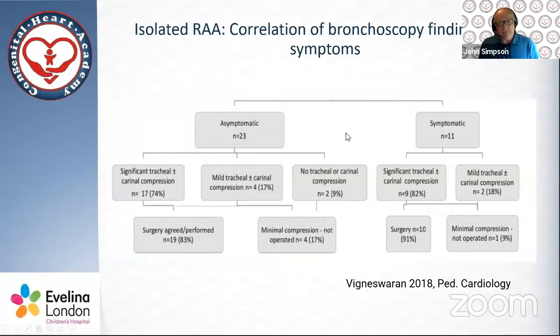The other important thing here is that if we switch a little bit now to how we manage some of the cases, looking at the patients with right aortic arch and left duct. So I'm moving now to how do we manage these cases? From some of our earliest data, this is from 2018. I think traditionally we've said, look at the symptoms like noisy breathing, recurrent infections, or whatever,